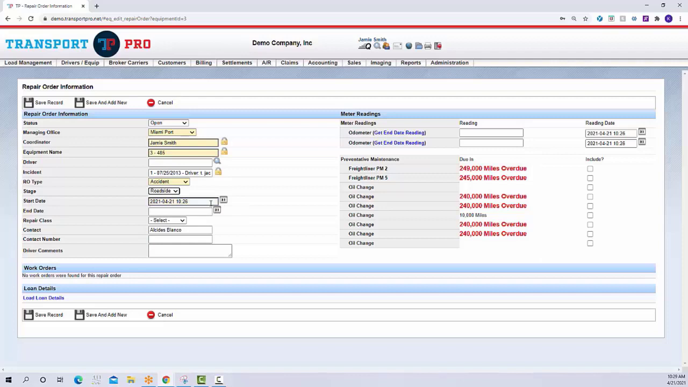Start date. Enter the date you are opening the repair order. The current date will be inserted here for you but you can change it if needed. End date. Once you update the status of this repair order to completed, then you'll need to enter an end